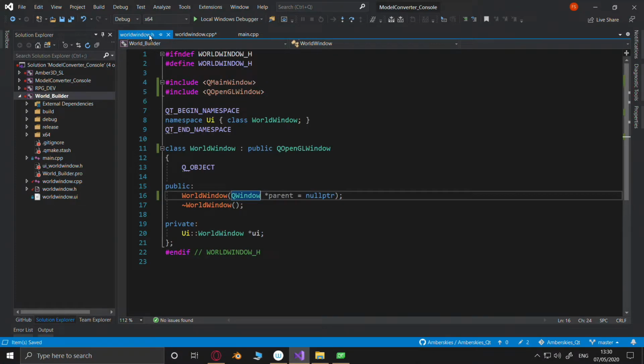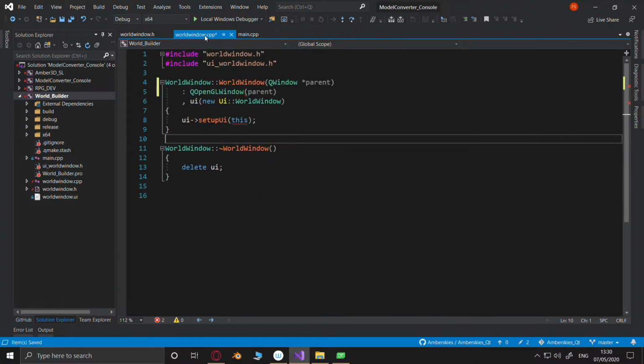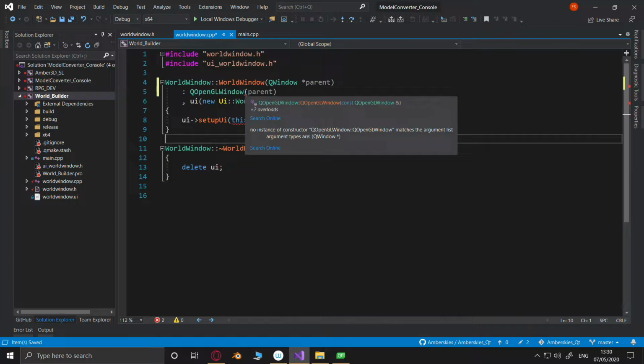Let's just have a look what I've done. So public, yeah, that's okay. What's wrong with this? No instance of constructor, Gui argument list, Gui window star. Yes, there is.